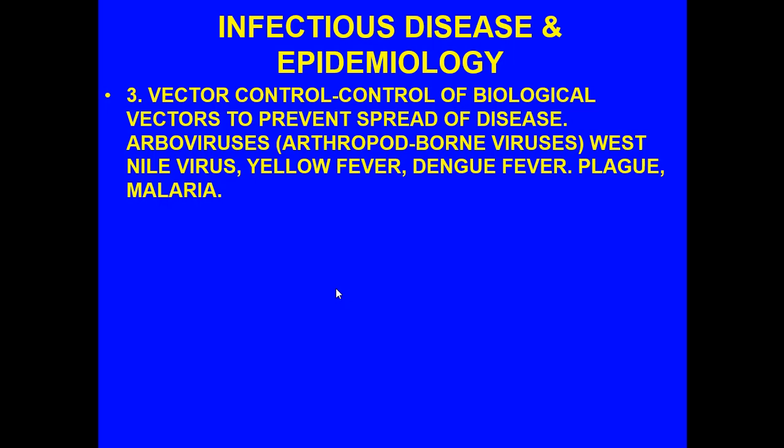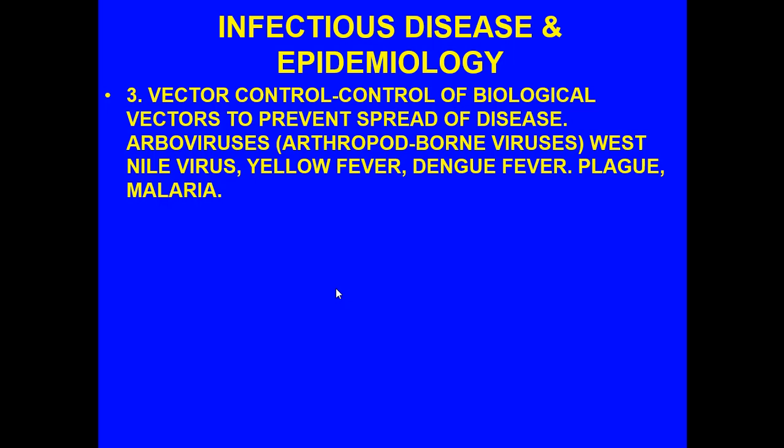Remember, arthropods include, well, all the insects, as well as all of the arachnids. So that includes ticks as well as flies, fleas, mosquitoes, cockroaches, and we can go on and on and on. But when we usually talk about arthropod-borne viruses, usually you're looking at either the flea, the mosquito, or the tick